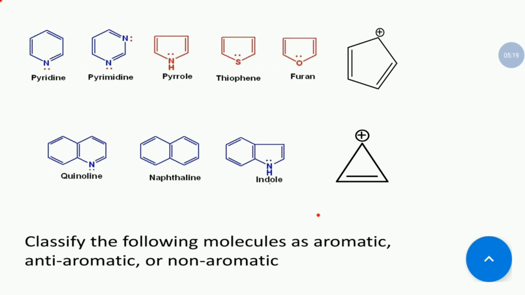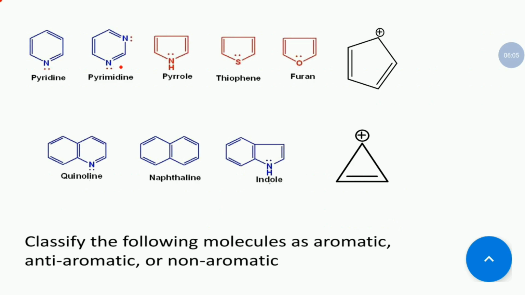Okay. Now next is conjugation. So in this diagram you see that there is a double bond, then a single bond, then a double bond, then again a single bond, then again a double bond. So conjugation is there. This one also maintains the conjugation. One thing I just told you: